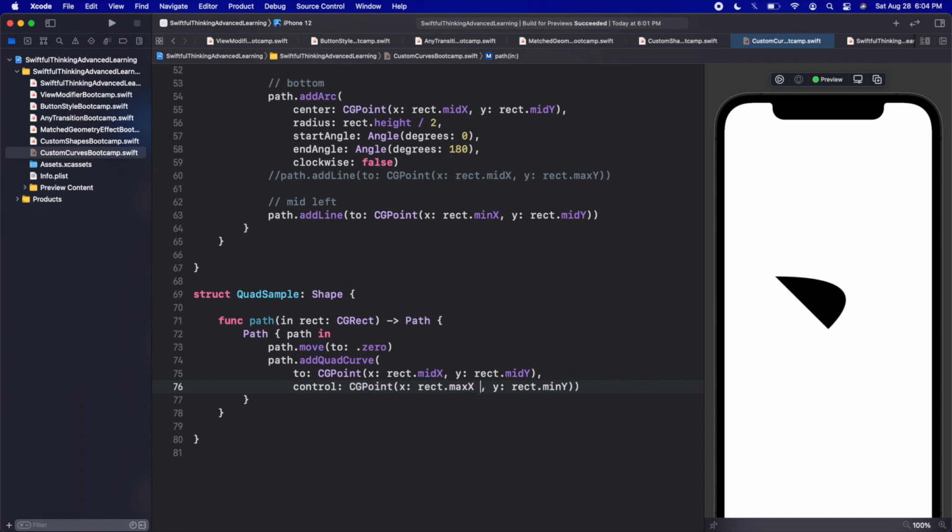So we'll do max X minus 50 or something like that. We could do max Y maybe minus 100. You can play around with it to get the exact curve that you want and then connect it into the rest of your shape. So this was just a sample, but now let's actually create a shape with these quad